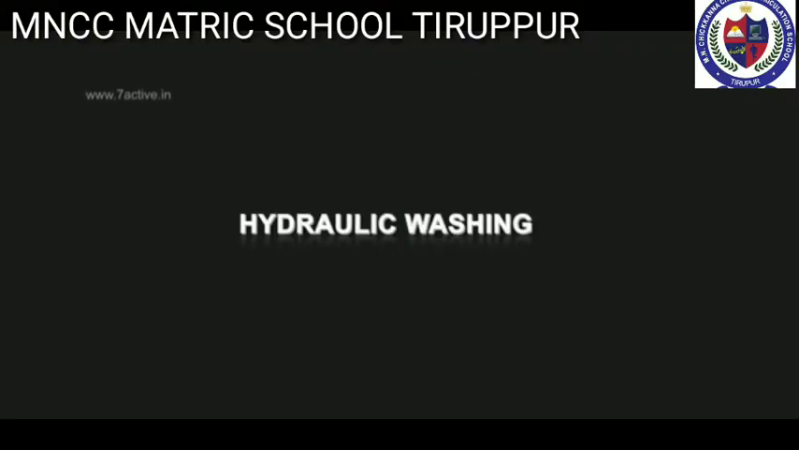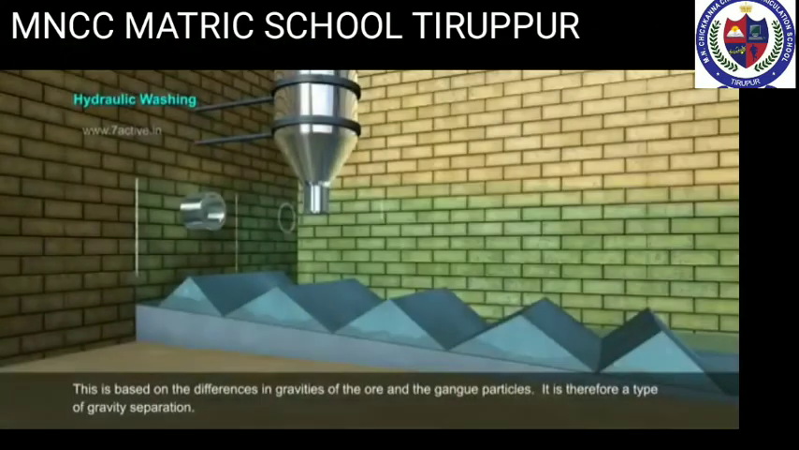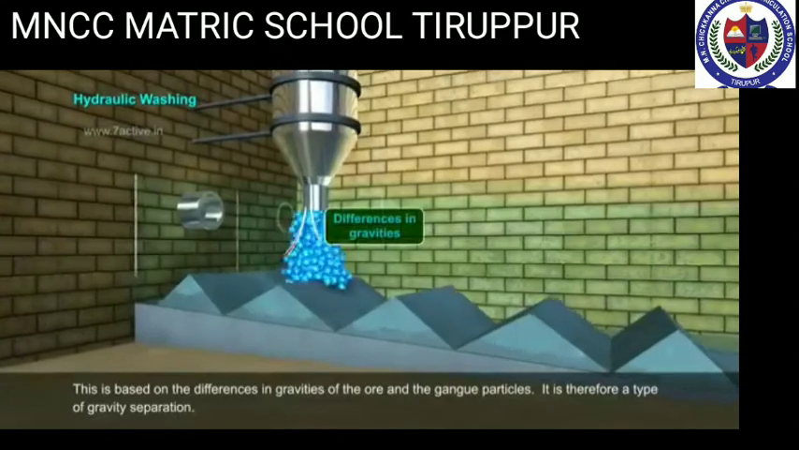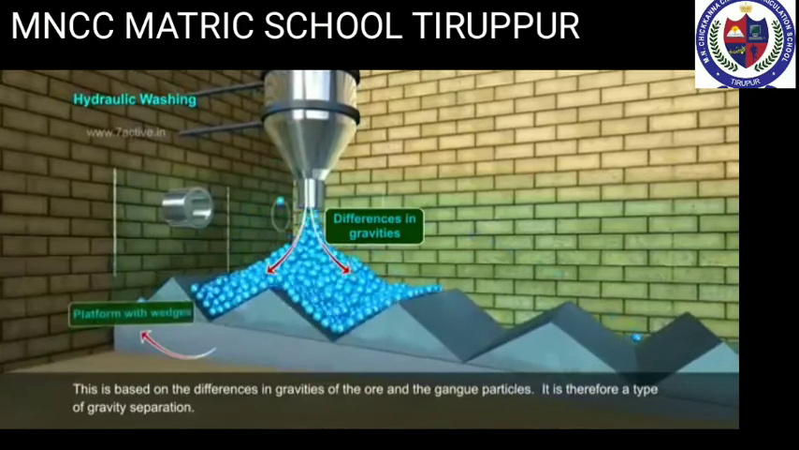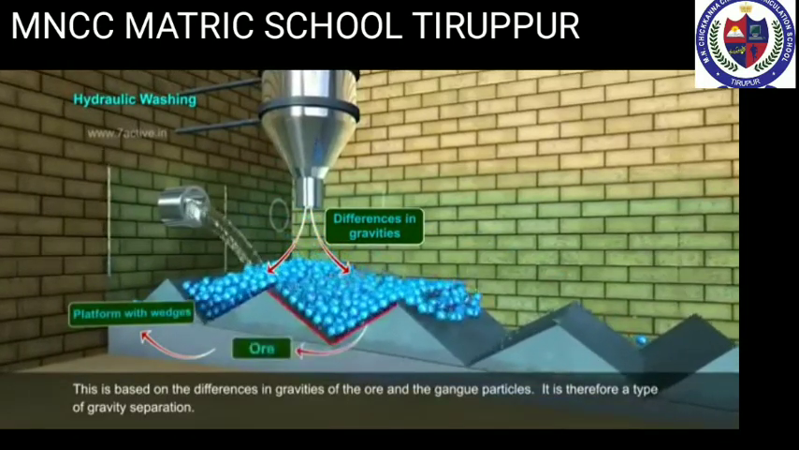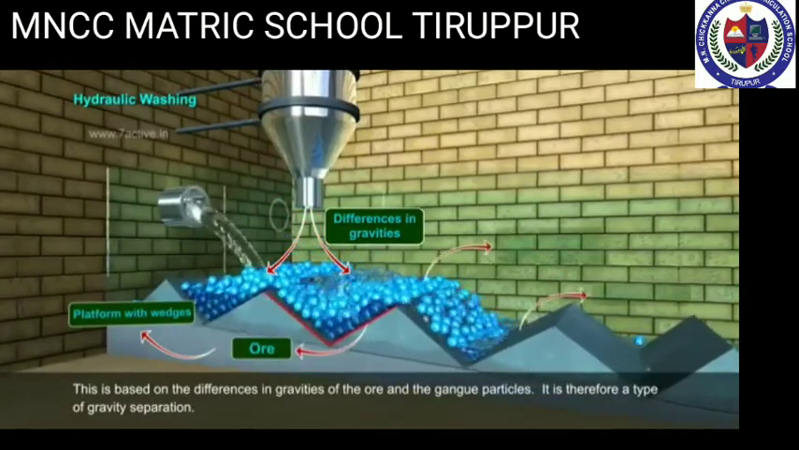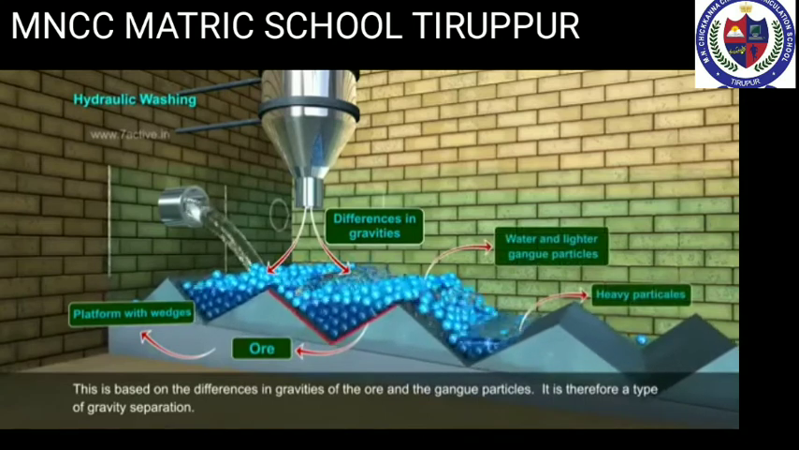Students, now we are going to learn about types of separation or concentration of an ore. There are four major types of separation of ores based on the nature of the ore. Concentration of the crushed ore is done mainly by the following methods: hydraulic method, magnetic separation method, froth flotation method,